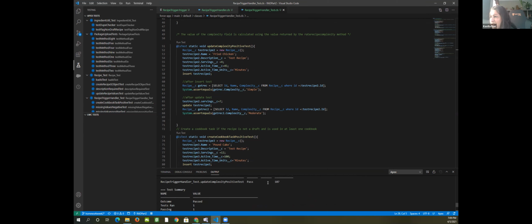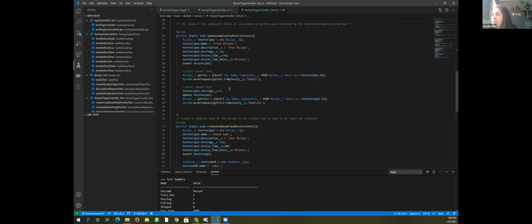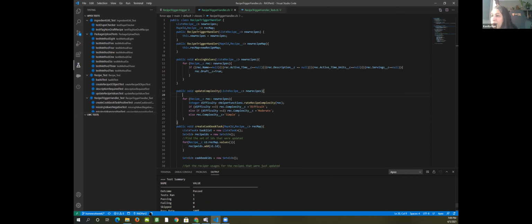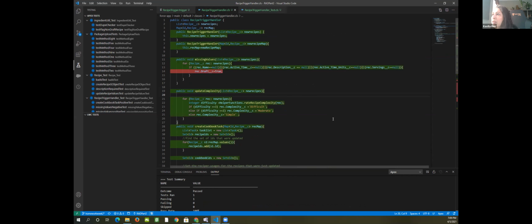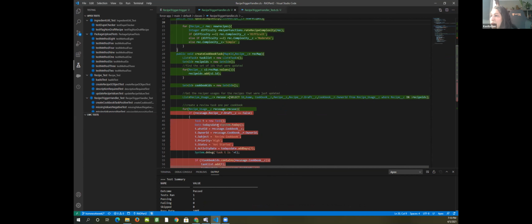So this was the test I just ran, and it has passed. So going to my handler class, this was the one line I need to check, I guess. I have not, the rest of the coverage I've got. So there is this stuff I added a little bit later, but